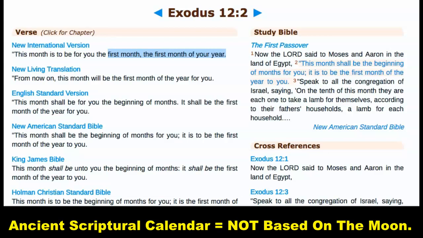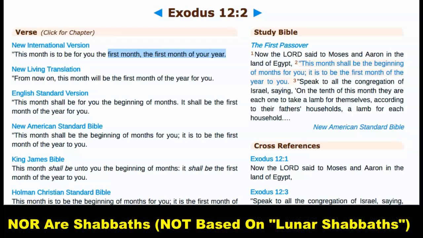And now we're going to prove to you that the ancient calendar is not based on the moon. I repeat, the ancient calendar is not based on the moon alone. It is not based on the lunar calendar, nor are Shabbats based on lunar Shabbats. They are not used, nor are they counted based on the moon, and we're going to prove that scripturally right now,